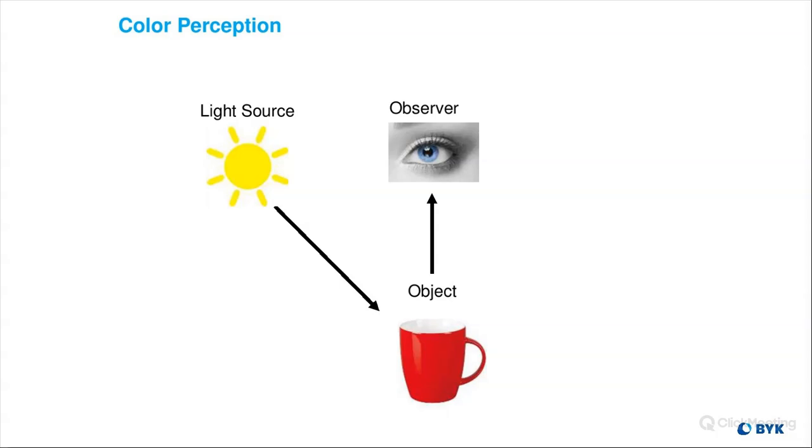Starting off, you need three essential things in order to see color or to measure color. One being the light source, because without light, there is no color. You need your object, because the object is what the light reflects off of and absorbs into in order to create the color we see. And then we need an observer, somebody there to witness that color. It can be an instrument too to measure that color, being a spectrophotometer. But we need these three essential things in order for color to be evaluated.